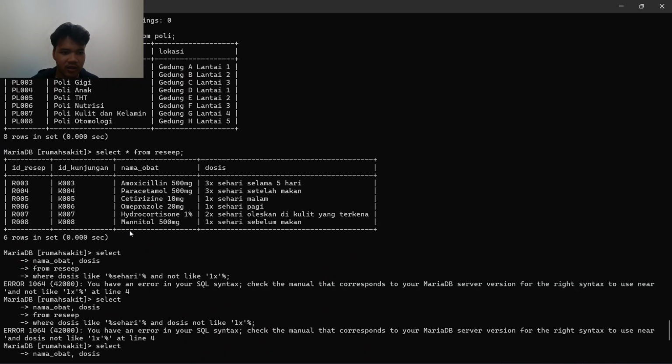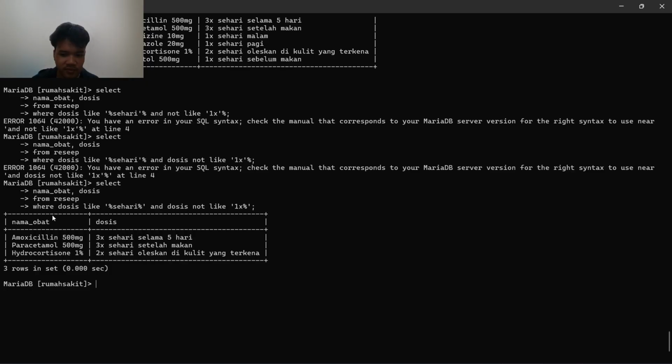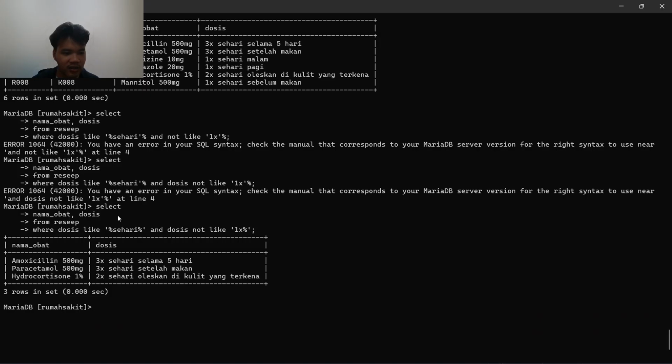Nice. Okay, the next one is we have to show the nama obat and the usage frequency, or dosis, in this case more than one time, so that is also very simple.